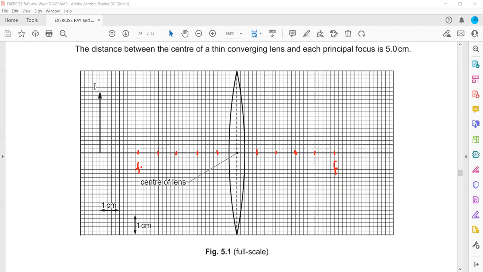When we complete the rays, one is from the tip of the object to the tip of the image, and the other is the parallel ray which passes through the focus. So the object should be somewhere here, because if the object is here,